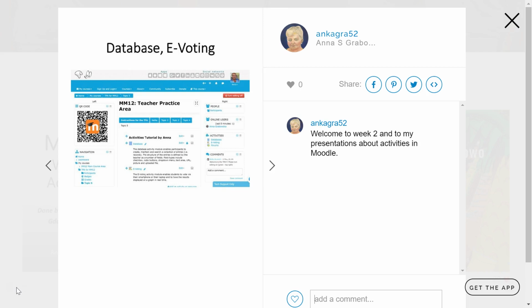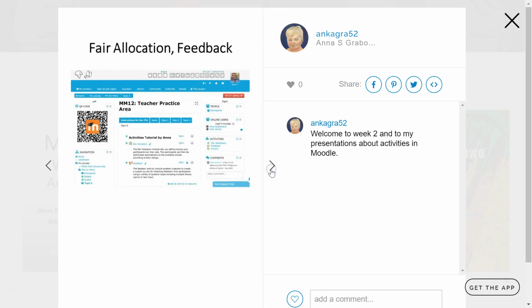So now I'm coming back to database, and I would like to add what database activities are mainly for. They enable a collaborative collection of web links, books, book reviews, or journal references. And also we can use them for displaying students' created photos, posters, websites, or poems. And we can just ask for peer comment and review. So the next is,